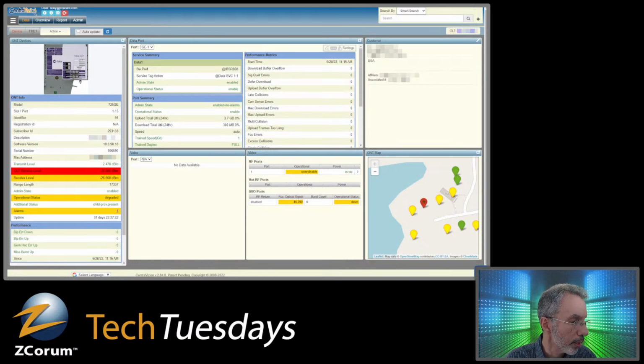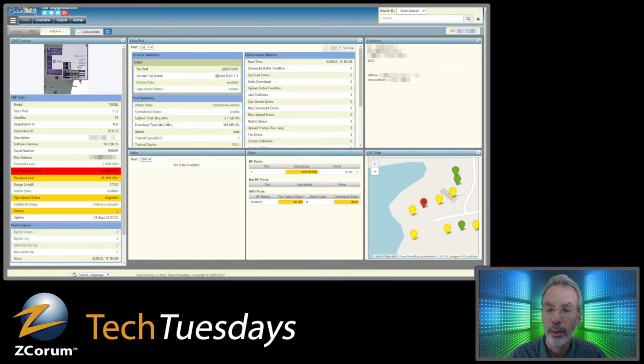Operation status is degraded. There's one alarm right there. If I remember when I clicked on that, there was a battery. The ONT battery was missing, which they may know about, may not know about. Got no video, no voice service on this particular device here, but they've got video service, and they've got a few, let's see, user disabled, and then some receive optical signal, and operational status is down. Received optical signal is neg